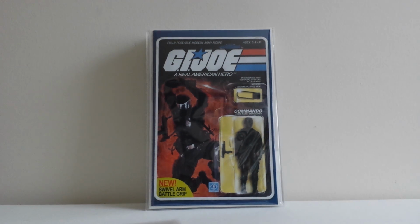Gosh, I am drawing a blank again. I should know the issue numbers of these. I don't think they're on the front. But these were the Hall of Comics variants to 2 of the Death of Snake Eyes issues. And they might still be available on their website, but these action figure variants were...